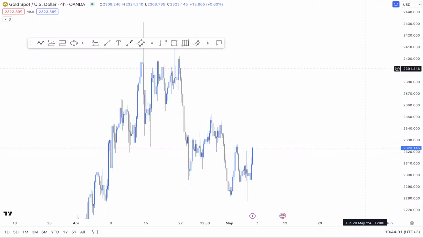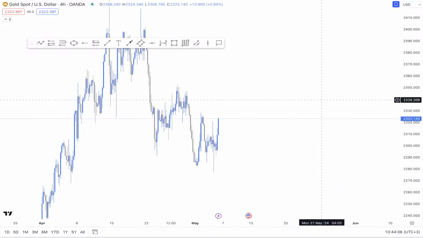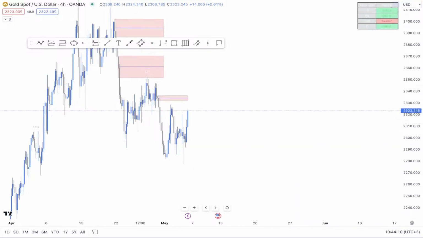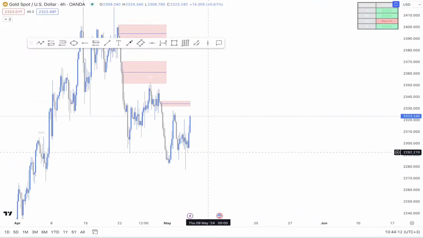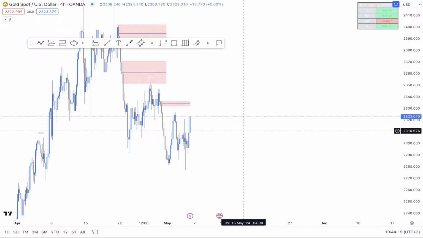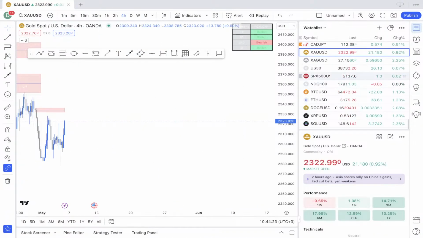Now I will go over today's metals analysis, starting off with gold. So on gold, currently I wasn't able to identify a setup. However, soon I think we might have a bullish one. Okay, if I see this high being broken here, I think we might have a bullish setup. But till then, we'll just sit on the sidelines and focus on the assets where we have a clear setup,